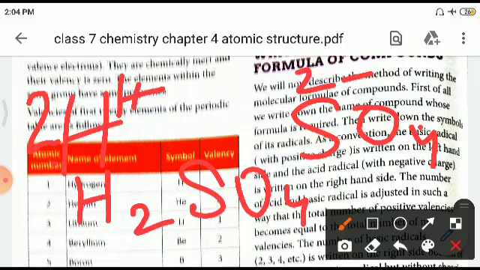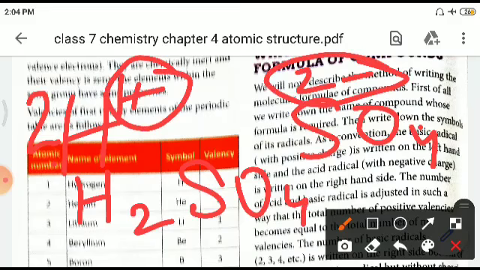So please note that if only one positive or negative radical is required to write the formula of a compound, then the digit one is not written with the symbol of the radical. One is never written. If one sodium radical Na is needed to write the formula of a compound, then we write just Na for it. The final formula of the compound is written without showing the charge on the radicals involved. These charges are not shown in the final formula. You will not be showing them, okay?